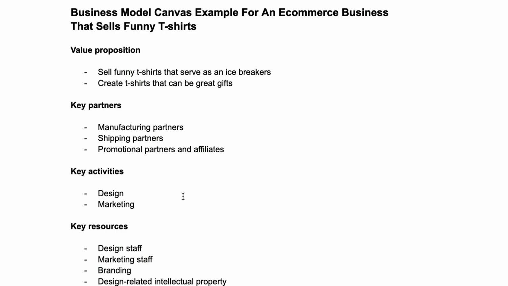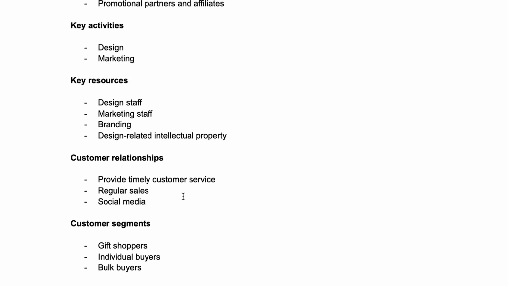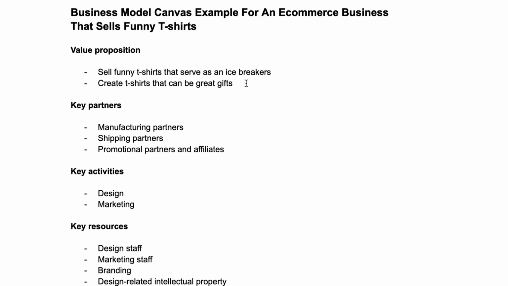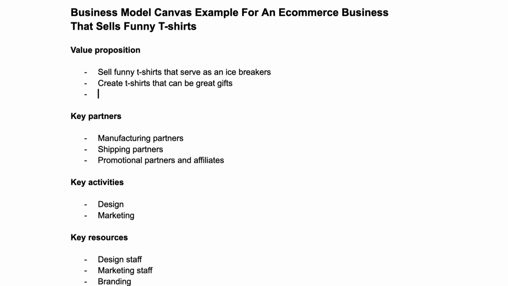Such a drastic change rarely happens in the real world, but sometimes it does, and sometimes there are more minor shifts. So I just wanted to use that as an example of how you may use the flexibility of the business model canvas to adapt to your new business requirements. So you know that you're going to have an additional or an entirely changed value proposition. It's a subscription service. So monthly new t-shirts.